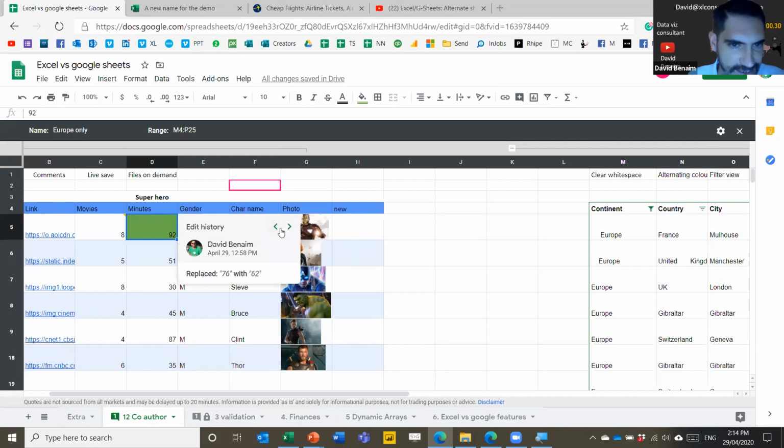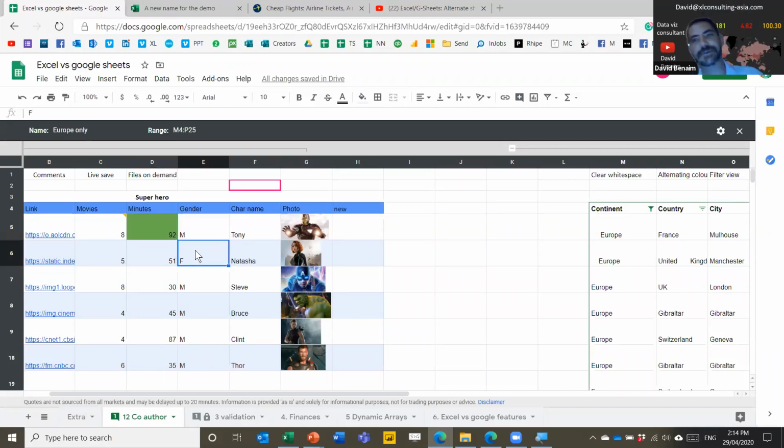I made this edit at the exact time it showed there. And keep going through the entire history. This is when I replaced a formula with hard coding, etc., right until the end, until there's no more edit history. And that is fantastic. Excel does not even come close to that. And there are so many use cases for it. The tech that sits behind this is incredibly complex, because they have to log every single edit for every single cell by user, by time, etc. There are entire tables for every cell that are needed to support this feature.